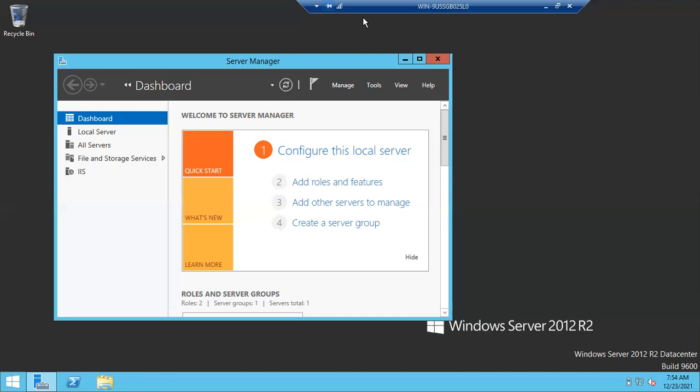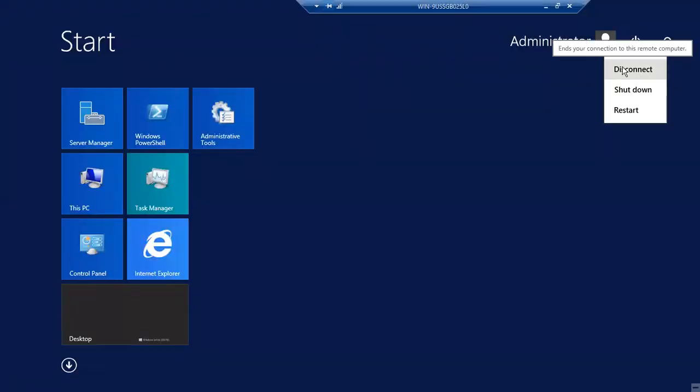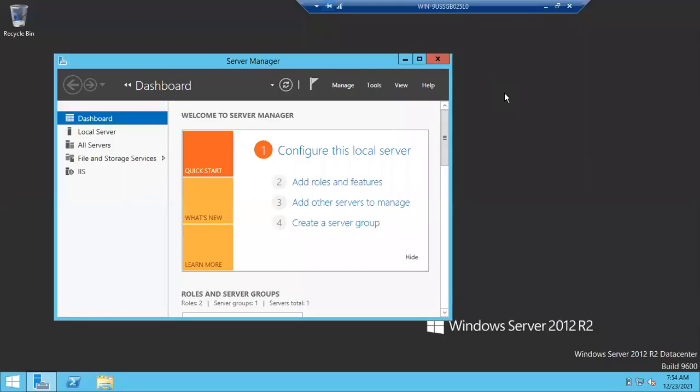Sir, how to fix this issue? Then disconnect from the server. This is the disconnect button, the close button, or else if you go to here, you can see the disconnect button. If the work is still running, then you have to disconnect from the server. If there is no work, we can happily log off. There are no pending things, no files are copying, no scripts are running, nothing running on your server, then you can log off from the server.